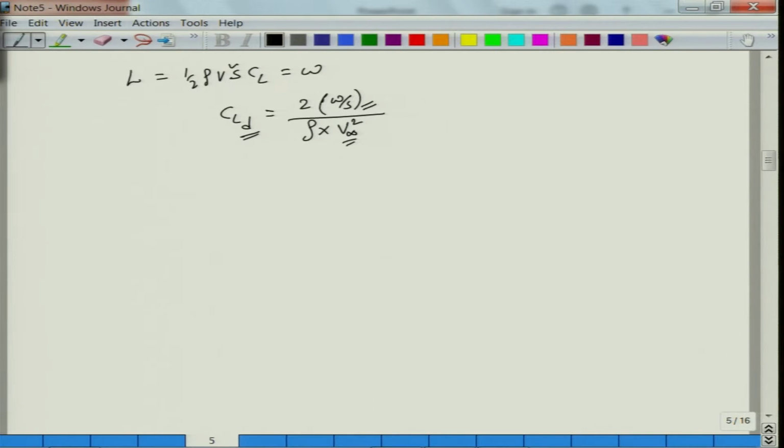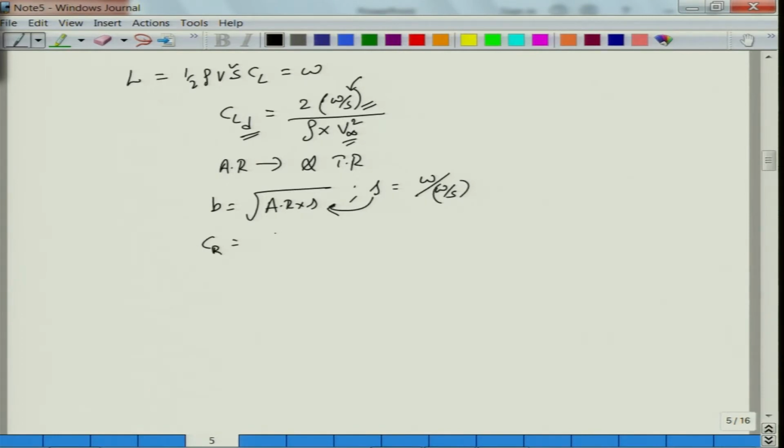Based upon this CL design, we proceeded ahead, and with W by S and some non-dimensional parameters as input, such as aspect ratio and taper ratio, we figured out how to estimate the wing planform geometry in terms of the span of the UAV, which is aspect ratio times area, where the area S comes from W upon wing loading W by S, which you considered as an input variable of the iteration. Then using this S, you figured out the span for a given aspect ratio.